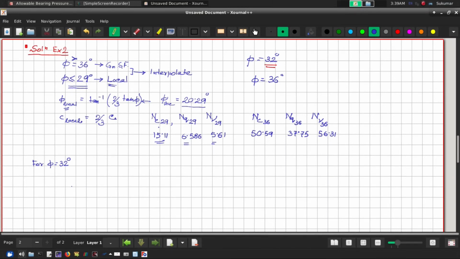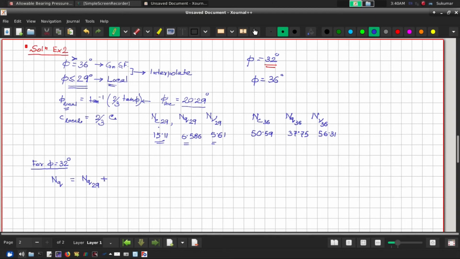I will calculate NQ for 32. So NQ for my calculation of phi equal to 32 will be given by NQ29